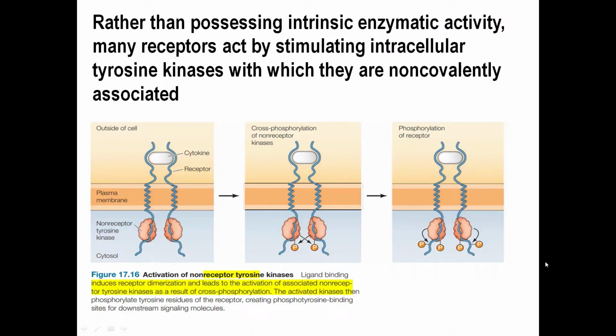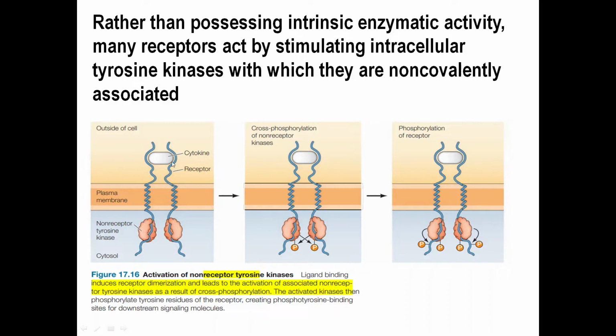Rather than possessing intrinsic enzymatic activity, many receptors act by stimulating intracellular tyrosine kinases with which they are non-covalently associated. So in receptor tyrosine kinase, there was an intrinsic kinase activity in the cytosolic domain. But in NRTK or non-receptor tyrosine kinase, there is association of a kinase domain, but non-covalently. That is, it is not permanently bound to the C terminal of the receptor. As you can see here in this figure,